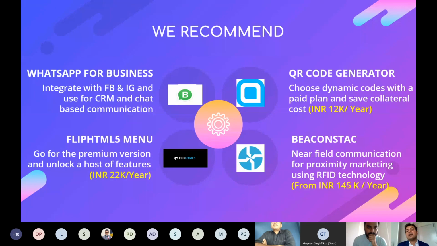So what would happen with the static codes is that you have to reprint that collateral QR code again, either the whole poster or the sticker, and have to put it there. But when you're having a dynamic QR code, you simply go onto the QR code generator panel and just change the landing page and you are done. From that very moment you have changed the landing page, the next person who scans that code goes to the new landing page. So you have saved the collateral cost and it is very much under your control.